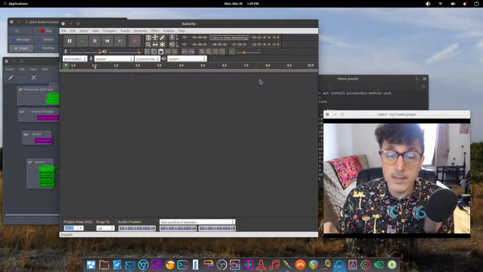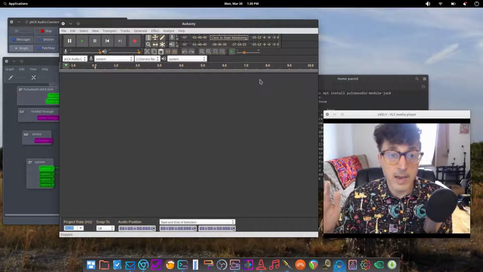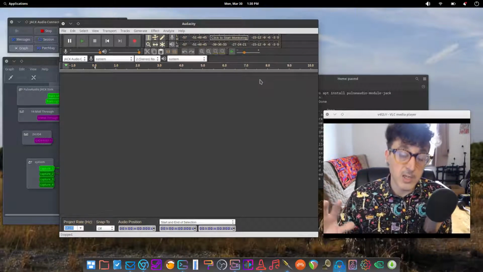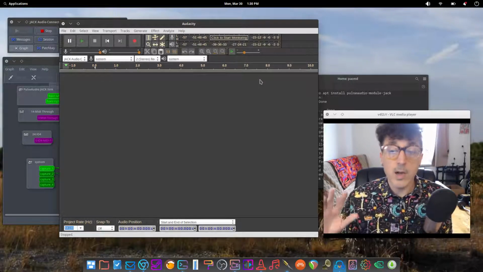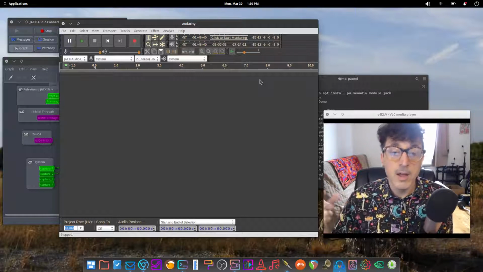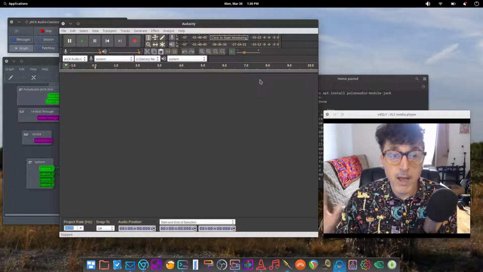What that means is you're always going to have quite a bit of a delay between when you record something and when it gets recorded in Audacity if you're using the built-in Windows driver. Most of the time this isn't going to cause a problem, as long as you're not trying to monitor your audio through the software as you're recording it. 99% of users won't have an issue with this.